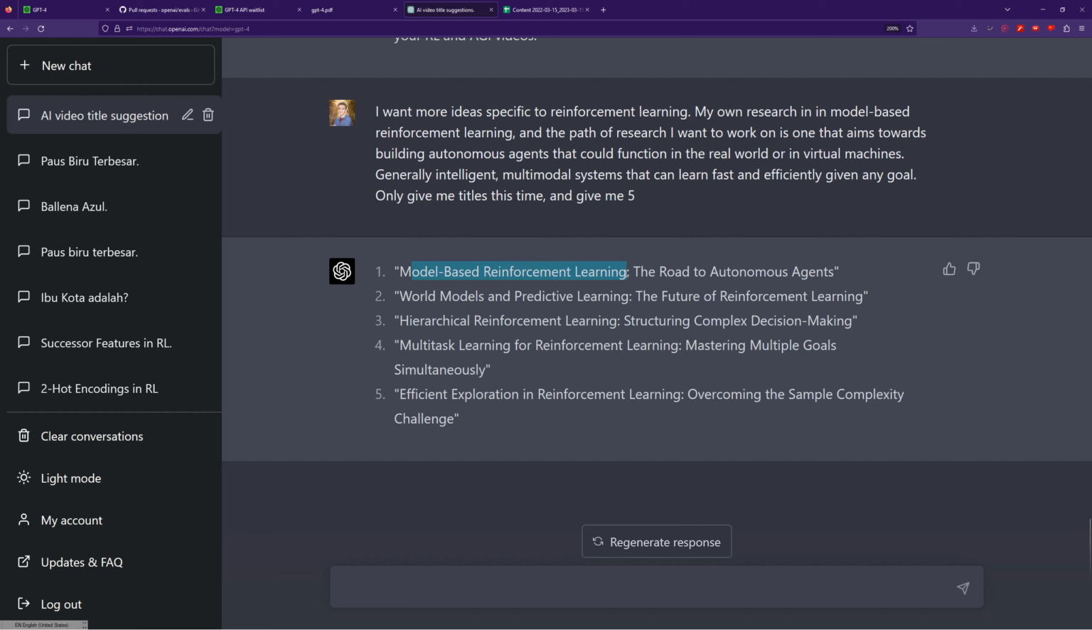There's model-based reinforcement learning, the road to autonomous agents. Already, I do model-based learning. That sounds really cool. World models and predictive learning. Predictive learning is another really cool area where you're trying to essentially predict things, and that can help you learn how to be either more sample efficient or make better decisions or whatnot. There's one about hierarchical RL, multitask RL, efficient exploration, overcoming the sample complexity challenge. I like that one too. But out of all these, I kind of want to go for this world models and predictive learning, the future